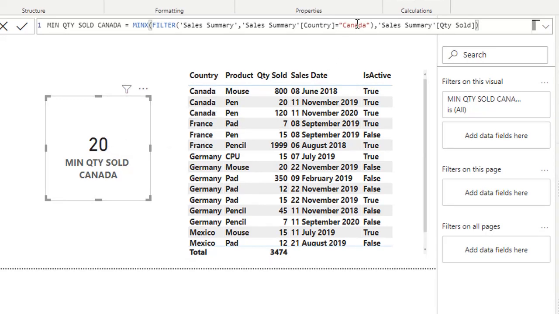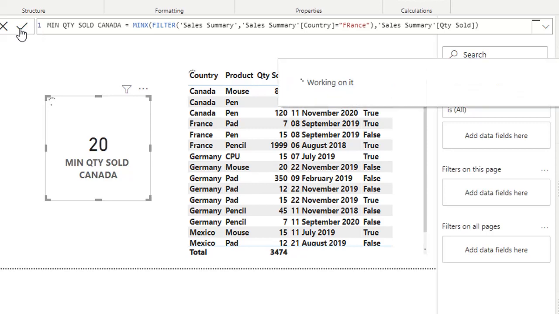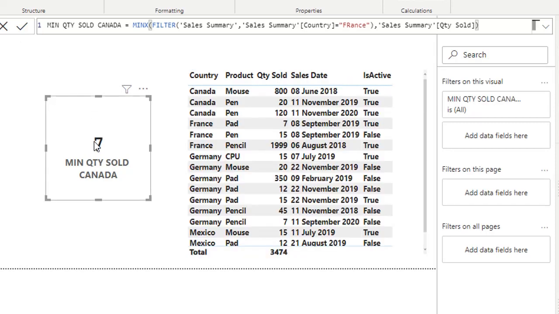If I change the name of the country to, let's say, France, then it's 7 for France. Now suppose I want to find the minimum quantity sold for a particular product, say mouse.